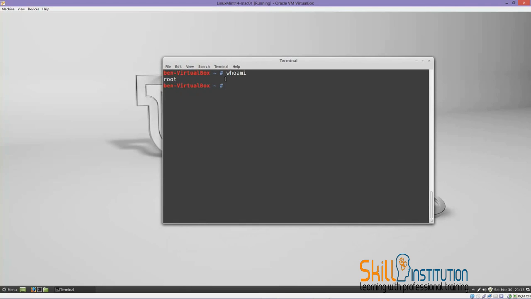There you go. If I type in this command, whoami, it says I am a root user, so that's good. Now, okay, so the first step